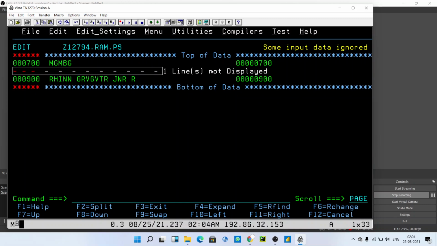It means not displayed. This line is not displayed. You can't see this line. If I want to hide some code of my program, if I don't want someone to see my code, that time you can use x in the sequential line. It will help you to hide the line.